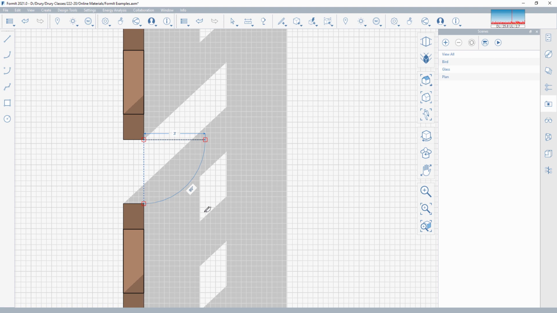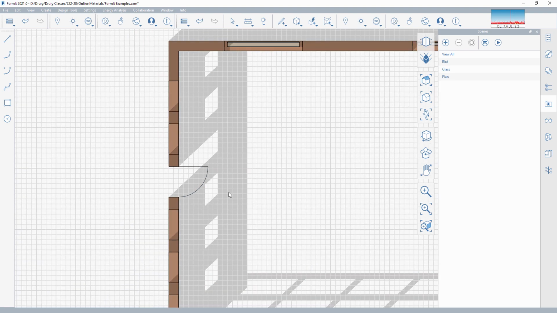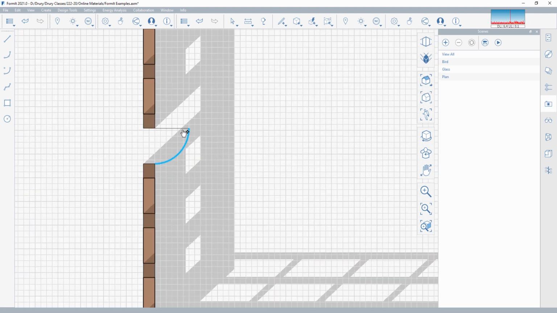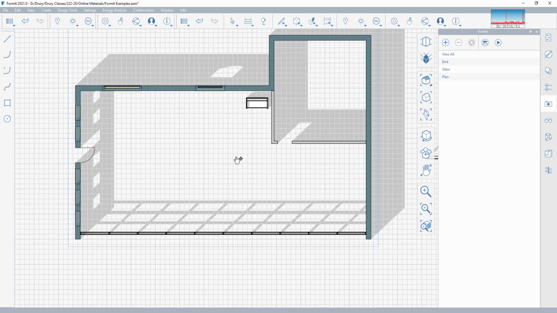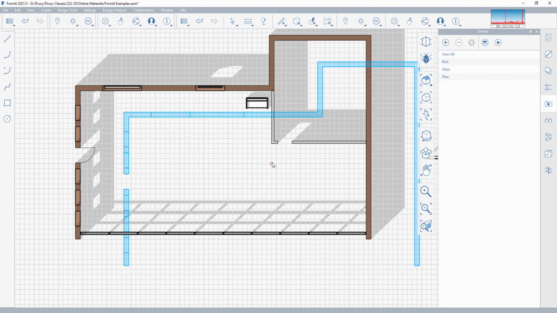There we go. And bring my arc coming across. So I can start building those things, and typically I would want to select those and group them so that I can select it again, right click, copy, right click, paste,